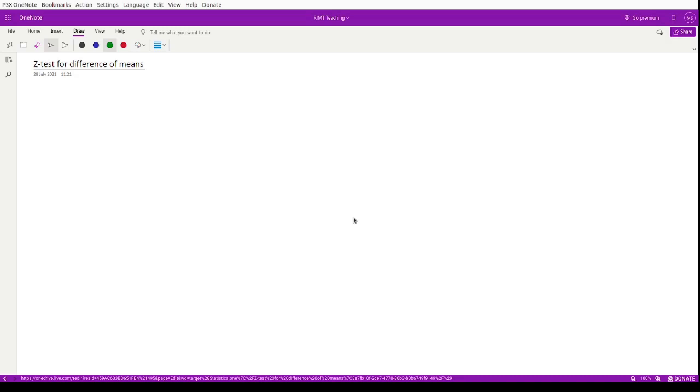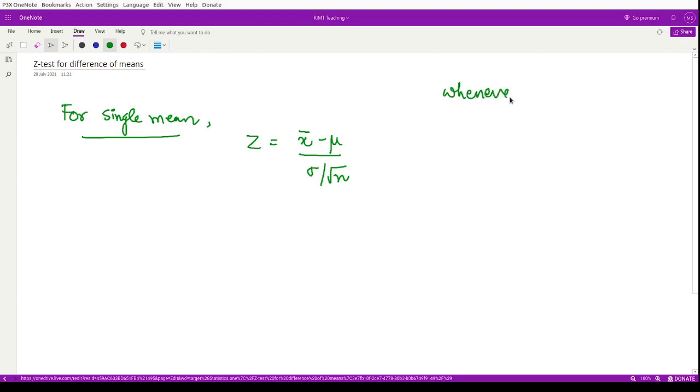We have talked about the z-test for a single mean, which was defined like this. For a single mean, the z statistic that we defined was equal to x bar minus mu divided by sigma divided by square root n, right? And moreover, one thing that we missed out is that whenever the sample size is large, in that case